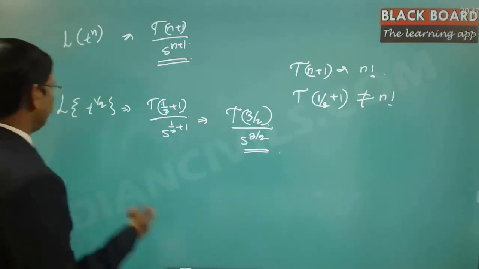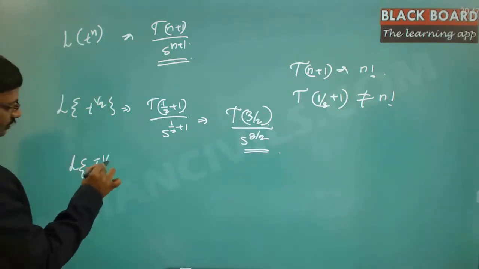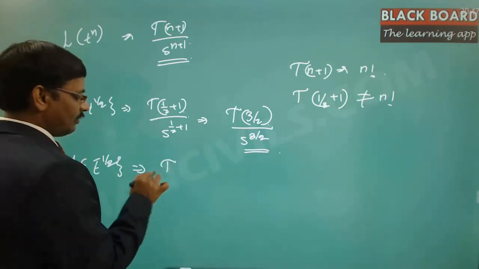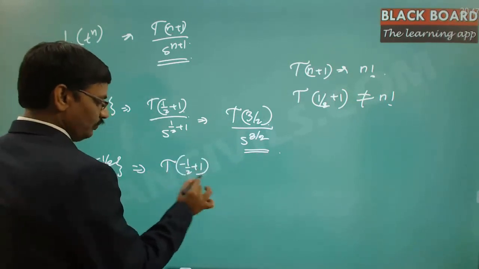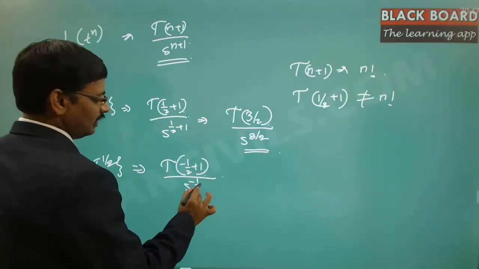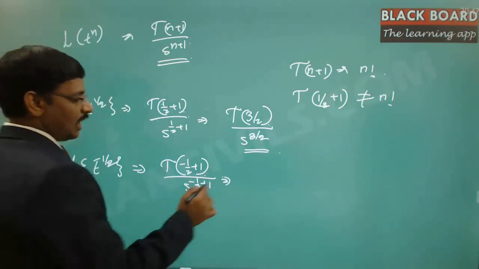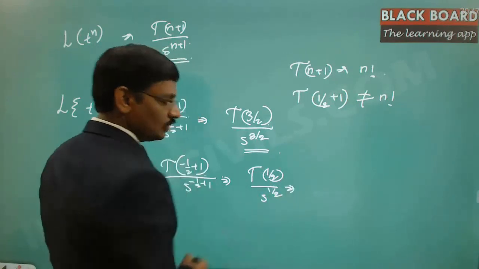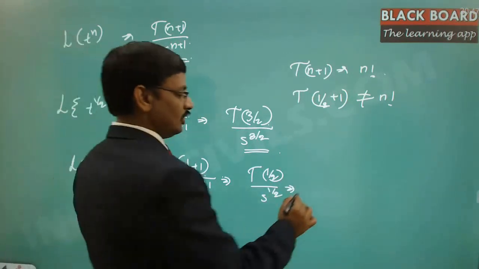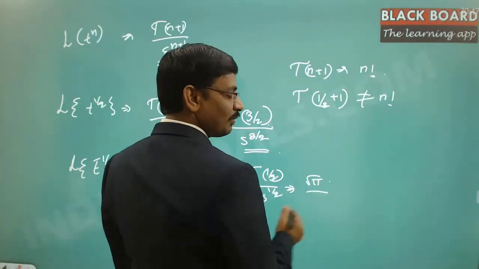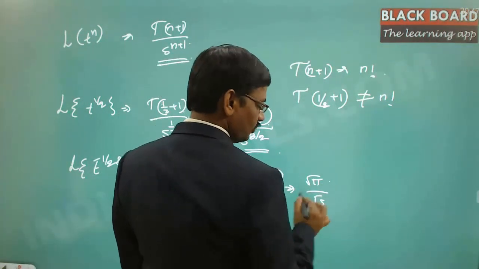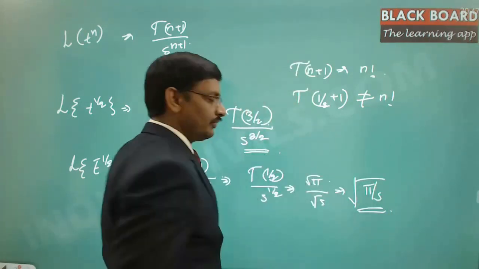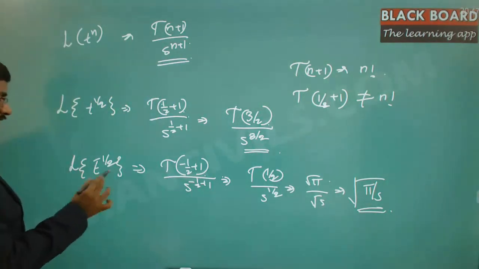But we have to be aware of what the value of gamma of 3 by 2 is. And again, if you take the Laplace transform of t power minus 1 by 2, these two were asked in 2019, this value is gamma of minus 1 by 2 plus 1 divided by s power minus 1 by 2 plus 1. This is gamma of 1 by 2 divided by s power 1 by 2. Gamma of 1 by 2 we just proved is root pi, and s power 1 by 2 is root s. So here it is root of pi by s.